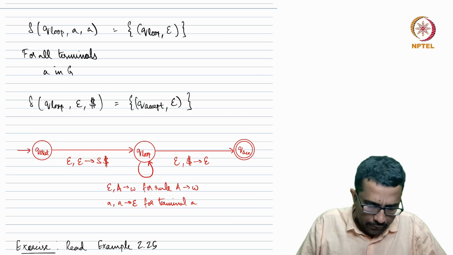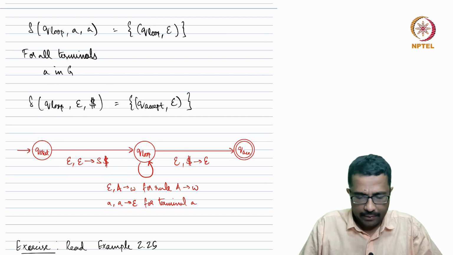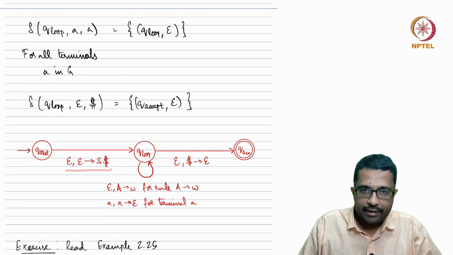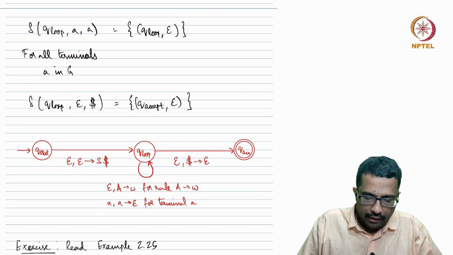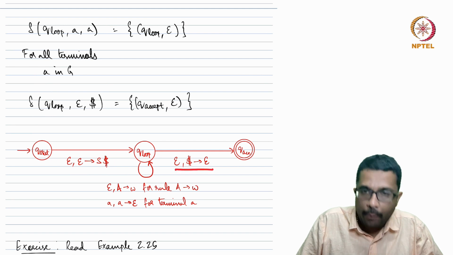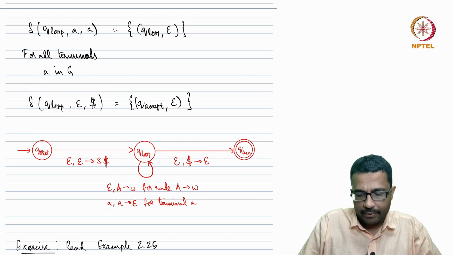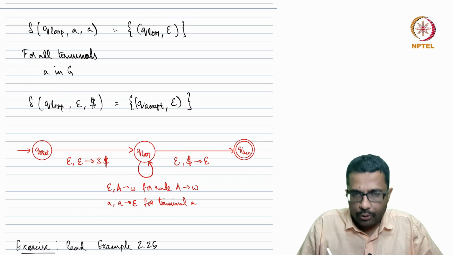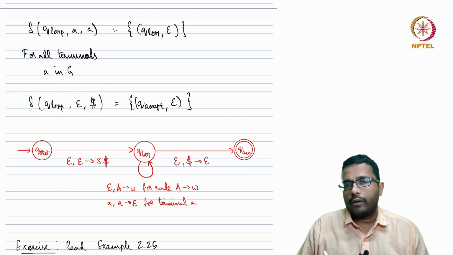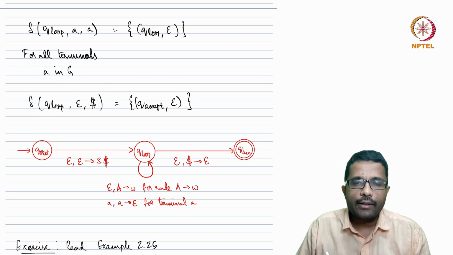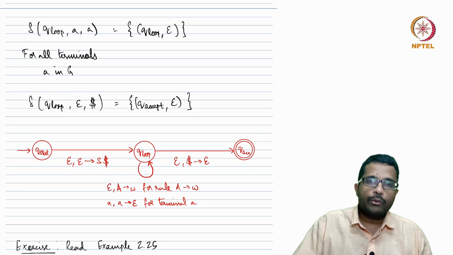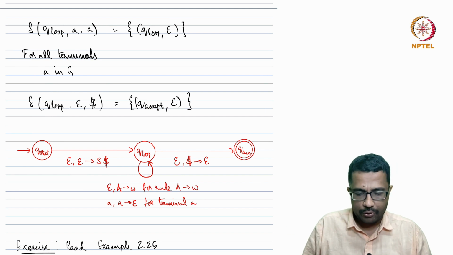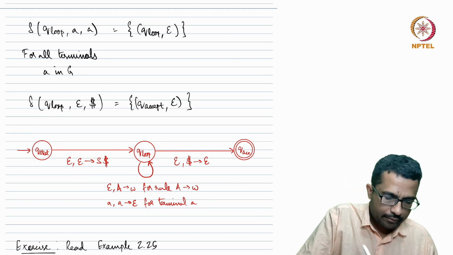So what are the rules again? You have 3 states: Q start, Q loop, and Q accept. Initially you push a dollar and a start variable, and at the end you just pop a dollar to go from Q loop to Q accept. The main set of rules come in the middle, right? This one. In Q loop, you do one of 2 things. One is, if the top is a variable, you replace it with a substitution rule of the grammar. The W here is a string of variables and terminals, right?